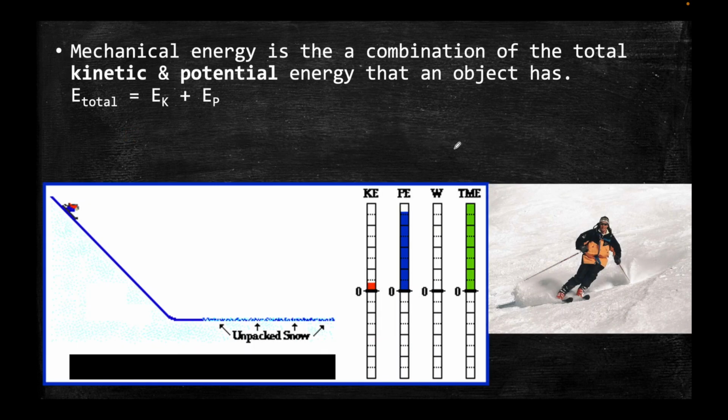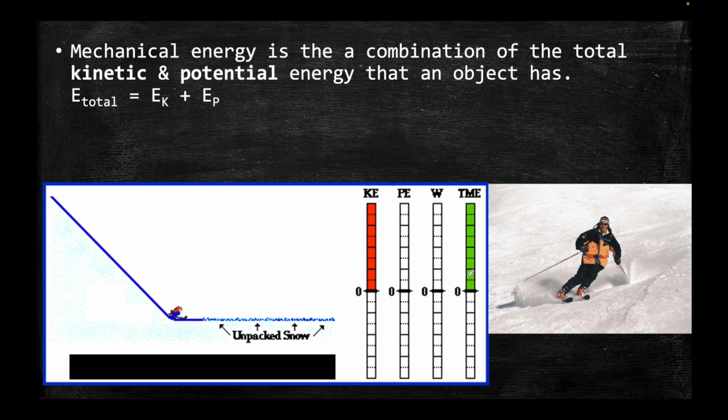You could lose energy to the environment through heat and sound, but you will not lose, as in destroy, energy. So looking at this, the snow person, what's it called? Skier is coming down and across the snow. So what happened while this was happening? Well, at the top, his potential energy was full. And as he came down, he was losing his potential energy, but as he's coming down, look what happens. He is gaining kinetic energy.